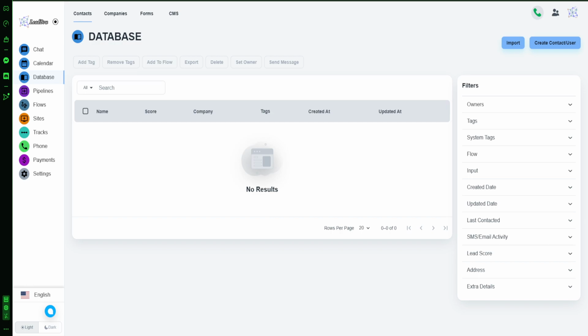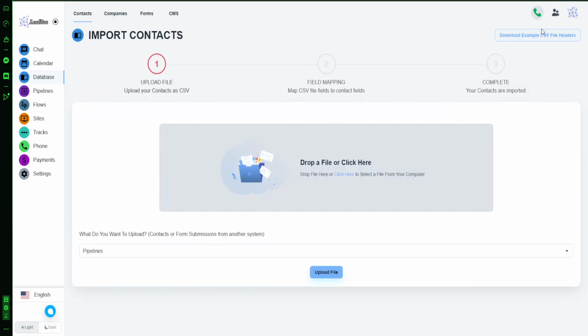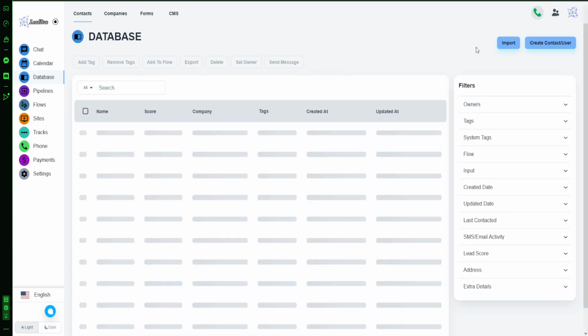So the database, this part right here for contacts specifically, is more designed for individual contacts. So we can sort by this when we're looking through all our data. We can import our contacts. It's pretty straightforward. It tells you, like, here's an example if you need that. And then the other one where you just create a user, it's fairly straightforward again as well, fill